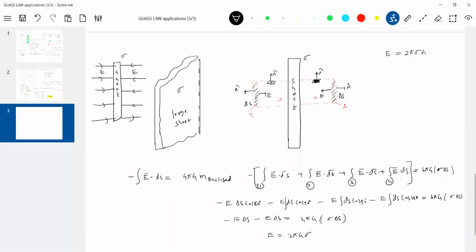Okay, look at the final answer. What we derived this morning, the same thing I brought. So what is this M enclosed? The mass enclosed by the Gaussian surfaces altogether. Two Gaussian cylinders we assumed. What is the net mass enclosed by them? Sigma into delta S. That you have to substitute here.